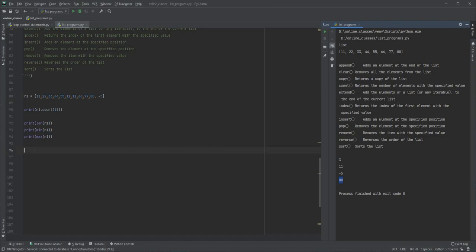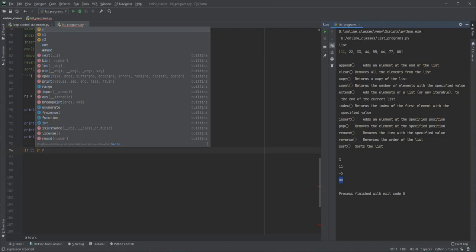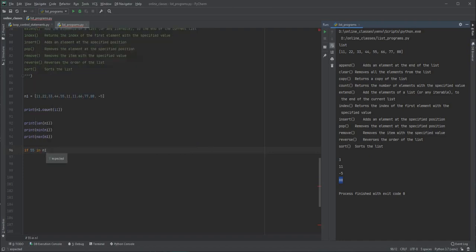But I will have to loop over the numbers and check, or let's say we can do it like this: if the number 55 in n1, let's print present, or else we will say not present.